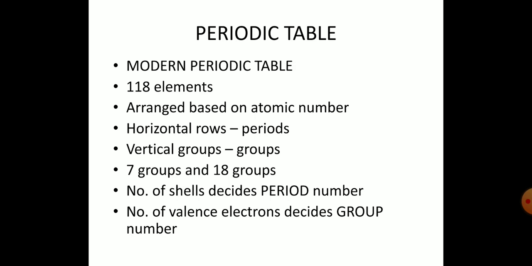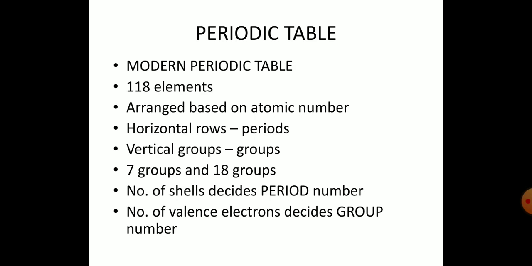Okay, either they will be naturally occurring elements, or we can create the elements in the laboratories also. Okay, now how are we going to arrange the elements? We are going to arrange the elements based on their atomic number. Okay, what is atomic number? Atomic number means number of electrons. Okay, now in the table,